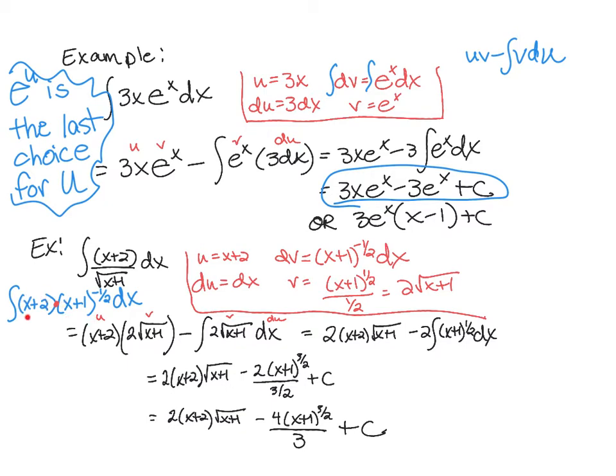But this one right here, plain old x plus 2, its derivative is just dx. So the x plus 2 is the obvious choice for the u. And that means the rest of this stuff is dv. So in my cheater box over here, I've picked the easy piece to be the u, and the rest of it is dv. All you have to do is make sure that you can integrate that,